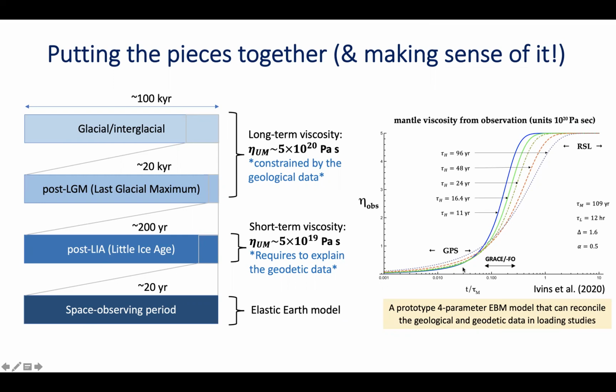So here is a simple prototype for a parameter EBM model, and the idea is just to demonstrate that it can reconcile the seemingly time-dependent mantle viscosity within a single modeling framework. You can see that as the Maxwell timescale approaches, the EBM model asymptotically approaches the secondary creep, or steady state creep, which is what is captured by the Maxwell model, with a value of about 5×10^20 Pascal second. But at a relatively short timescale of about 10 years, the timescale of GNSS observation, we can capture the low mantle viscosity values using this model.